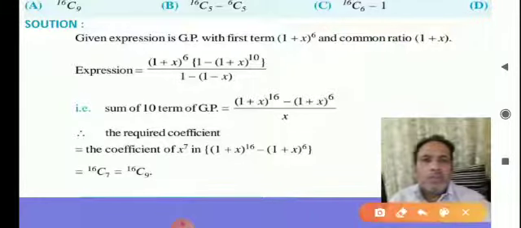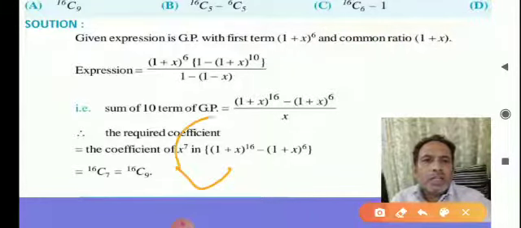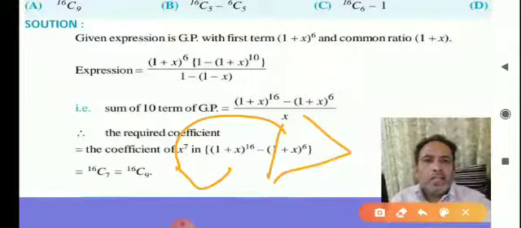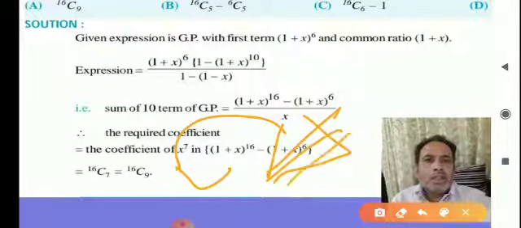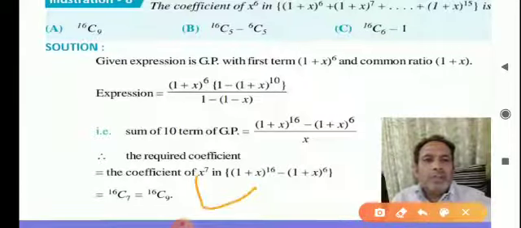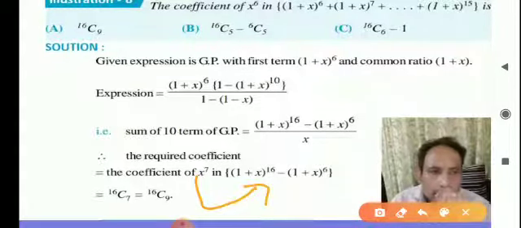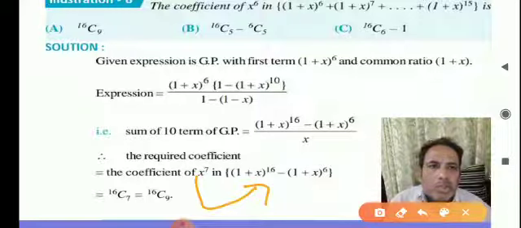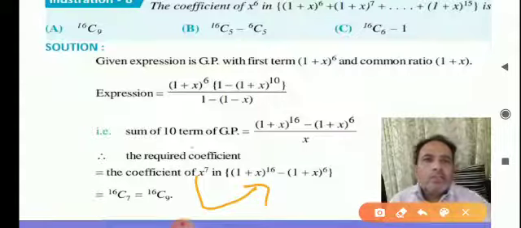So what you have to do is find the coefficient of x power 7 in 1 plus x power 16 and 1 plus x power 6 also. So solving here, in 1 plus x power 6 you won't get any coefficient of x power 7, so you can discard this, no need to do this over here. So you have to find the coefficient of x to the power 7 only in 1 plus x to the power 16. No need to go through 1 plus x power 6, because of course the maximum power here will be x power 6, so you won't get any coefficient here. So the answer is only 16C7, that is 16C9. That is the final answer. Okay.